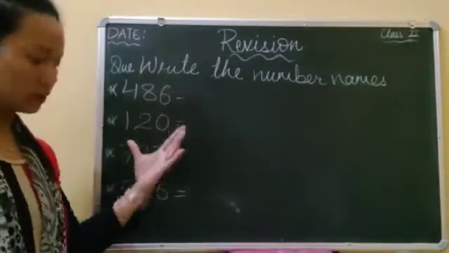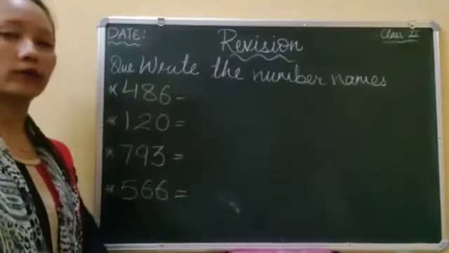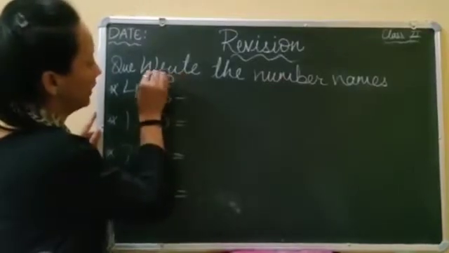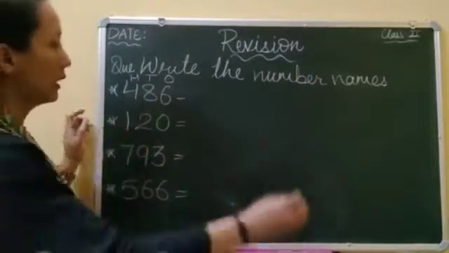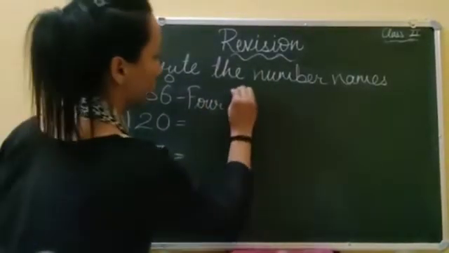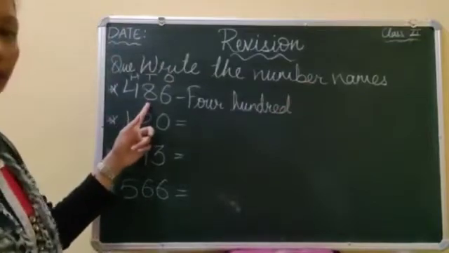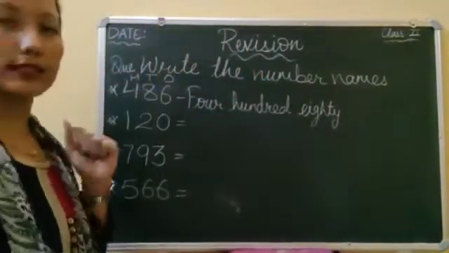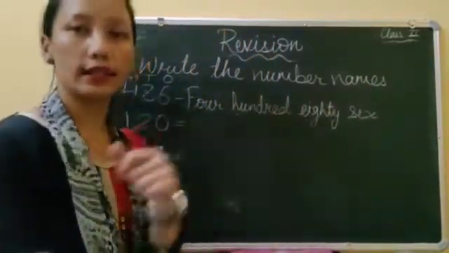Alright. Here, I have given you some numbers. You will write them in words. Okay. First, we have 486. Now, let's write the units first. Ones, tens, hundreds. Okay. Here, 4 is in the hundreds place. So, write 400, F-O-U-R, 400, H-U-N-D-R-E-D, 100, 480, E-I-G-H-T-Y, 80, 6, S-I-X, 6, 486. Okay,